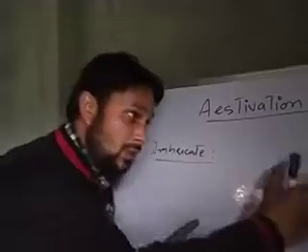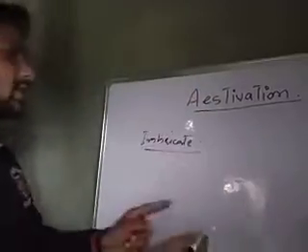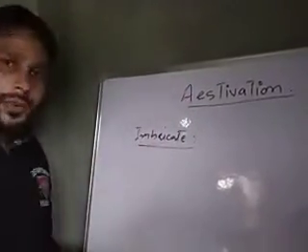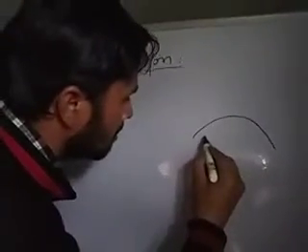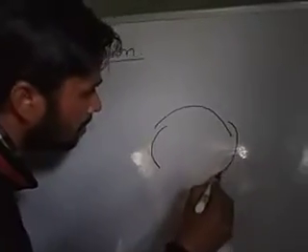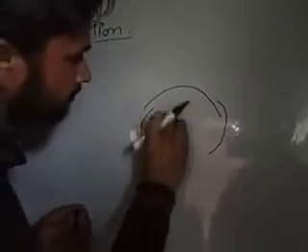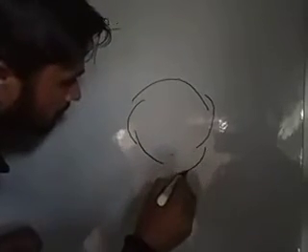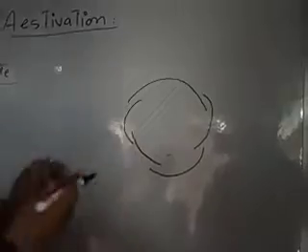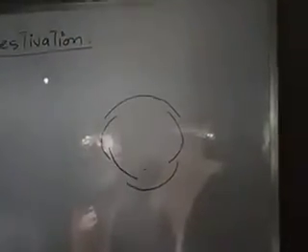The mode of overlapping of the floral buds differentiates twisted from imbricate. In imbricate type of aestivation, like this, I am showing you. Okay, this imbricate type of aestivation